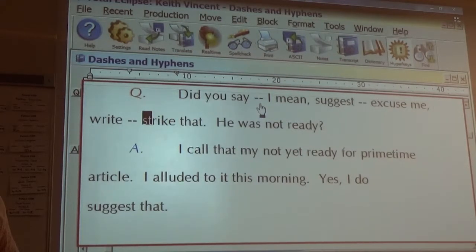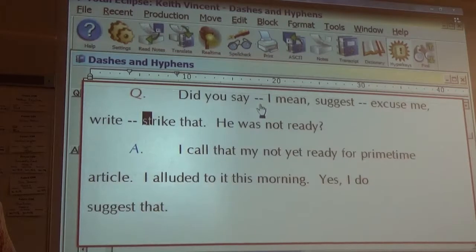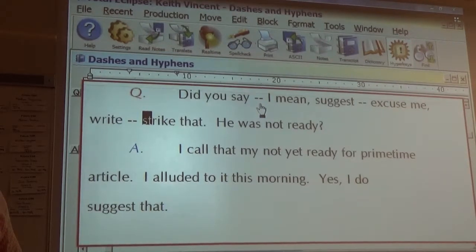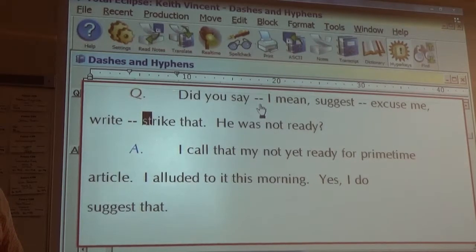How do you put a dash at the end of the sentence? Or a dash at the end. At the end of the sentence. Go to the end of the